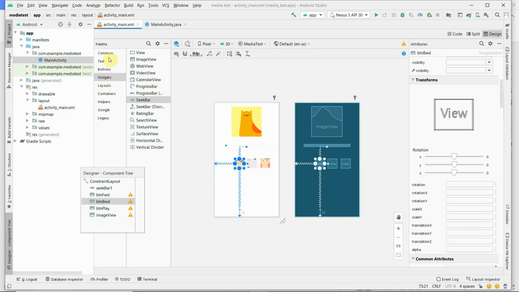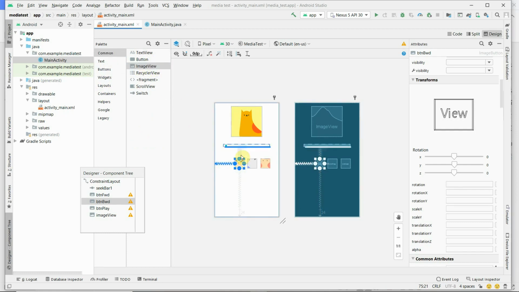Click on common palette, then select image view, drag and drop image views and fix the handles. Here all four handles of the image view are fixed. Top of the image view is fixed to bottom of the seek bar, left of the image view is fixed to left of the parent, and bottom of the image view is fixed to bottom of the parent.